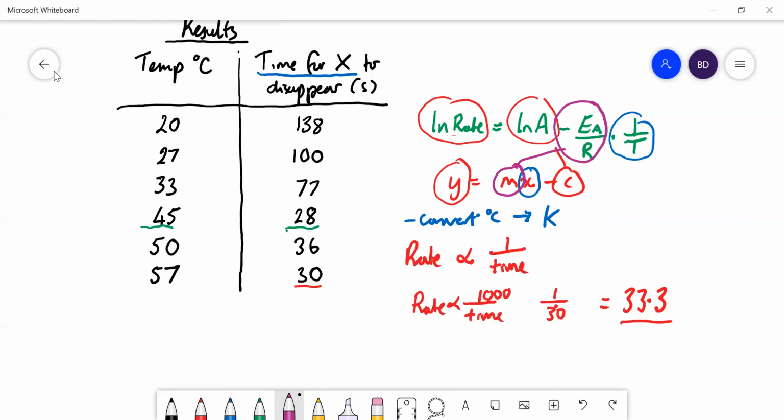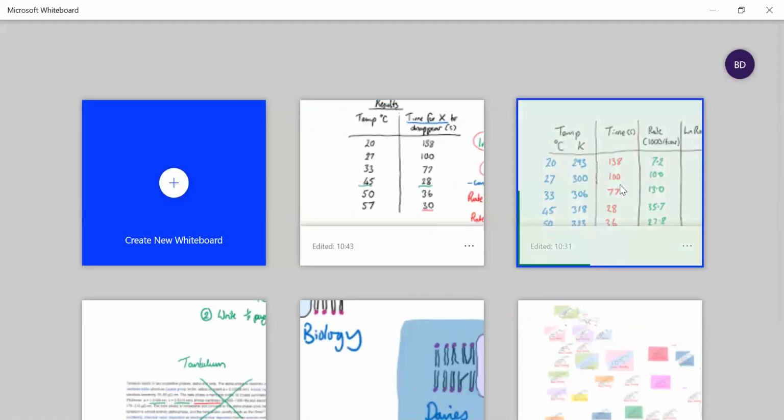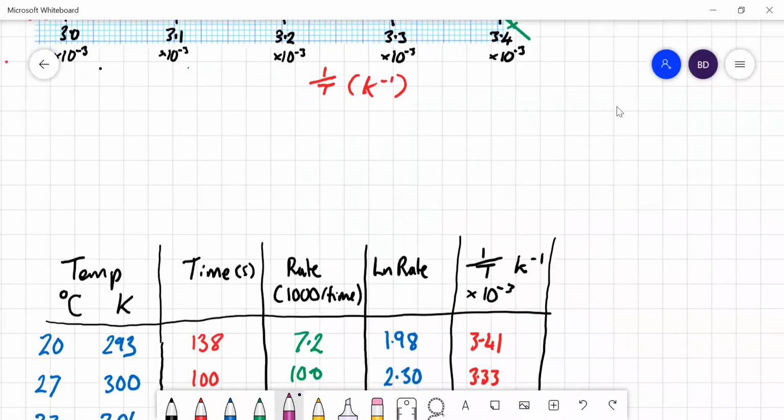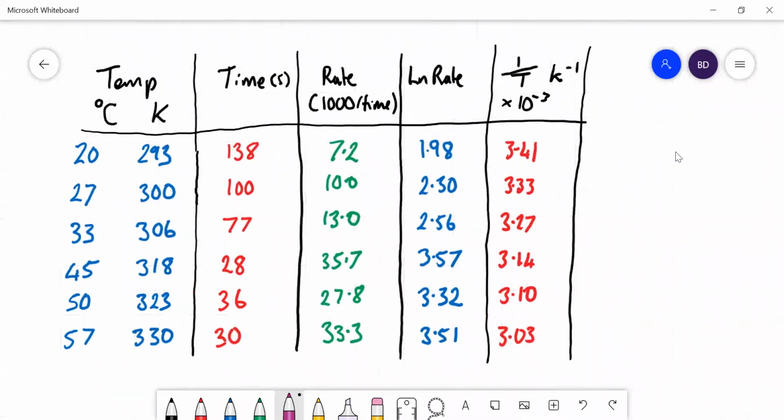Okay, so let's have a look at a list of those processed results then. Okay, so there is our list of processed results. Here we've got our temperatures in degrees C. We've converted them into kelvins. This is the time taken for the cross to disappear in seconds. This is the rate. We've done 1000 over the time taken,